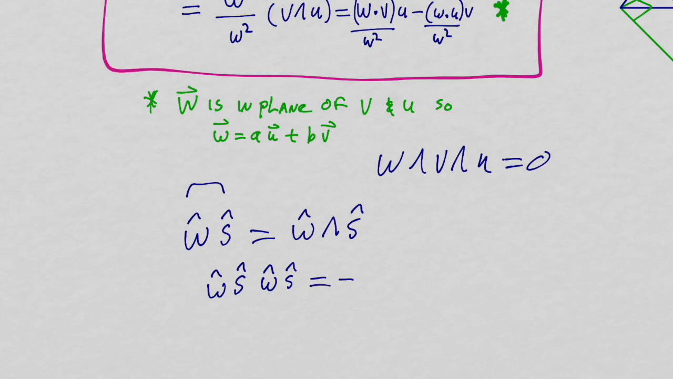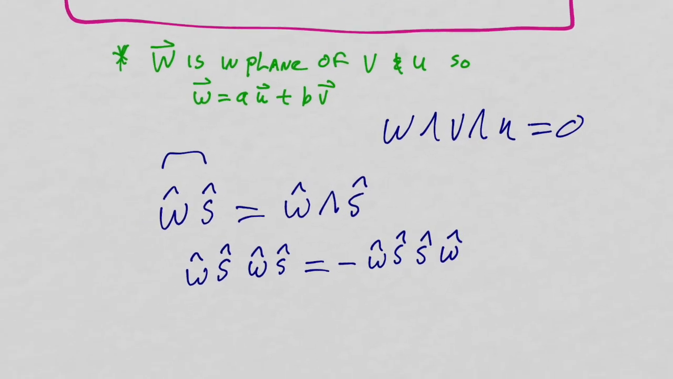Well, that equals minus W hat S hat, S hat W hat, because of the orthogonality. Because W and S are orthogonal, we can now anti-commute them. That's a really important manipulative tool that everybody should be very comfortable with by now. But this is simply going to be minus